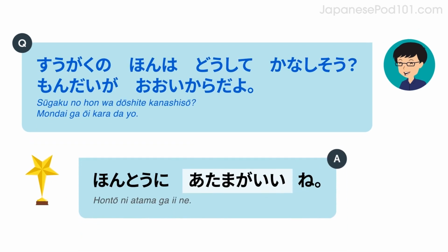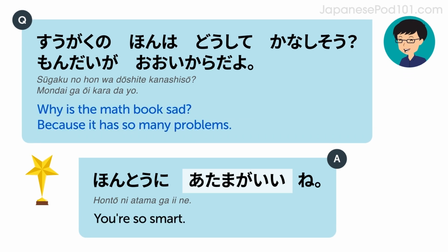数学の本はどうして悲しそう？問題が多いからだよ。本当に頭がいいね。Why is the math book sad? Because it has so many problems. You're so smart. 本当に頭がいいね。